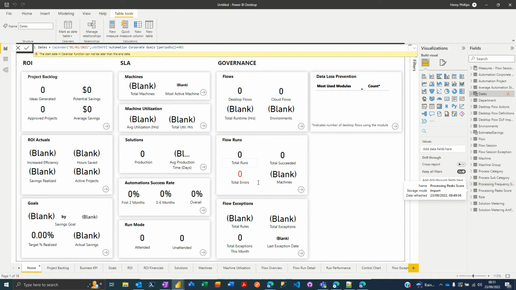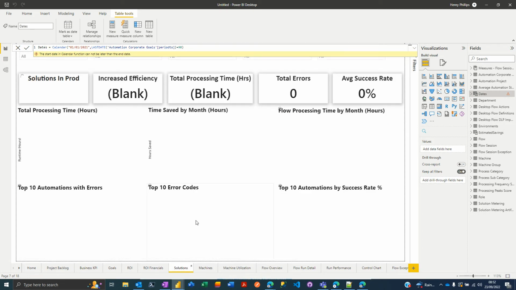So it's either going to be, like in our case, because there isn't any data for it to collect, but equally, if you knew there was, as in, I'm expecting to see 5 desktop flows, or I know there's at least 5, there's certainly not 0, you would be looking at the flow, ensuring that's run, and then ensuring that there's data within the corresponding table. But let's see if we can find something where we know we should at least have data. So solutions, if we click on this page,